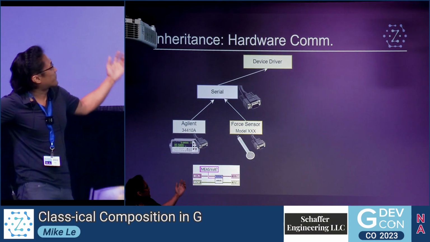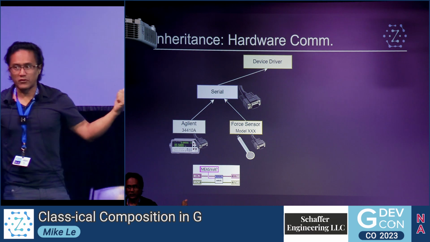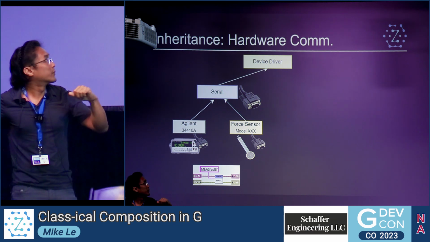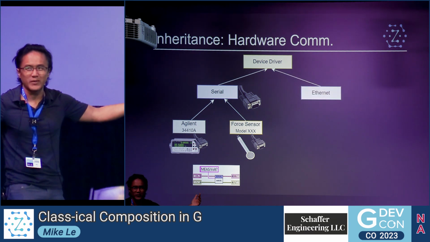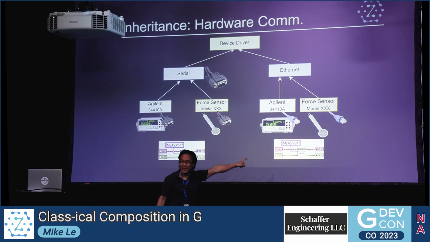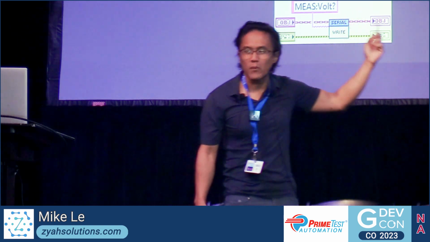So it's a fixed inheritance tree, right? What do we do? I think a lot of people, I did this early on when I was first introduced to OO. I had this problem, and something I did was I said, well, it sucks, but I don't want to duplicate code. I'm going to point to this Agilent Ethernet version class, and I'll have this Agilent serial class. Right? And depending on which one, I'm just going to choose one or the other. And that's not really what we want, right?